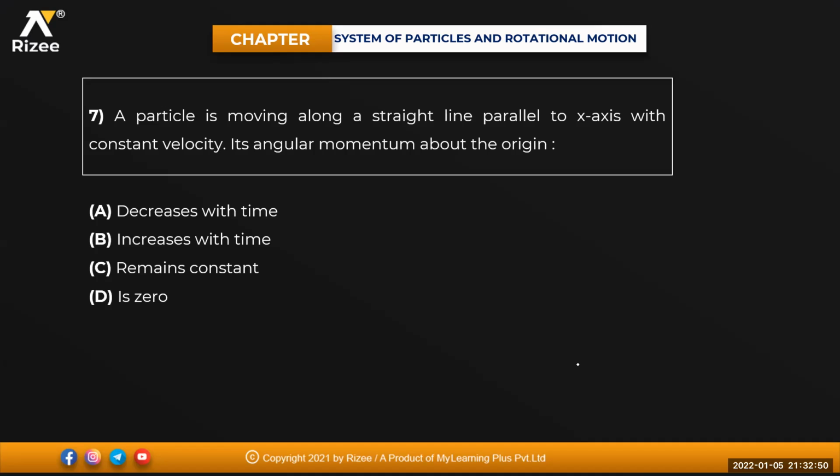Next question. A particle is moving along a straight line parallel to the x-axis with constant velocity. Its angular momentum about the origin will decrease with time, increase with time, remain constant, or be 0. A particle is moving along a straight line parallel to the x-axis with constant velocity. Its angular momentum about the origin is